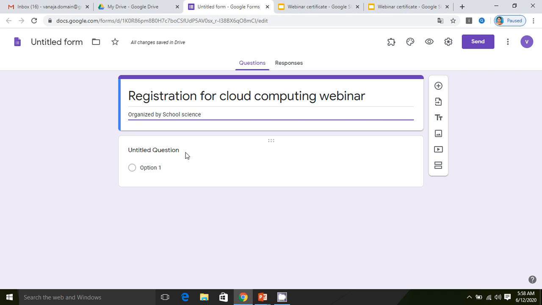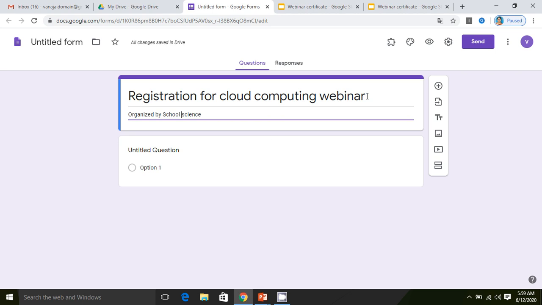Okay, now after conducting this webinar, we are going to send the certificate to the participant. So here we must collect the email ID from the participant. So we need to set the email ID collection option. In case you fail to set the email ID option, you may still be able to collect the emails, but it's going to be a kind of text. There may not be any verification or validation. So there may be a chance of a spelling mistake while typing the email ID, right? So to avoid all that, whenever we are going to deal with their email ID for communication, it's better to collect the email IDs.